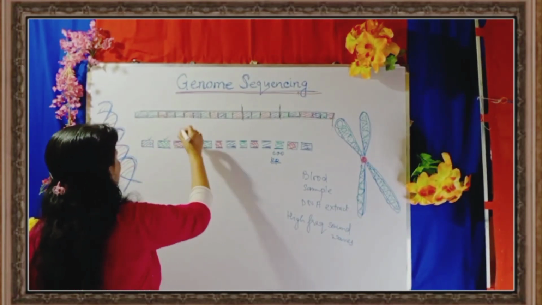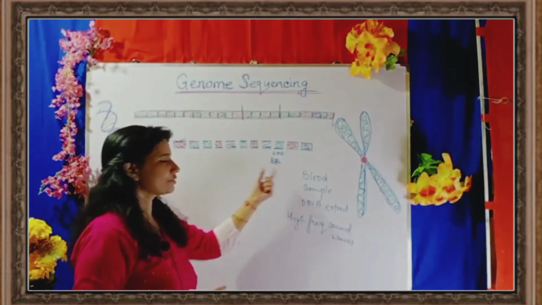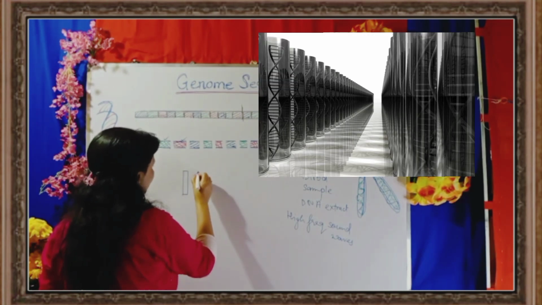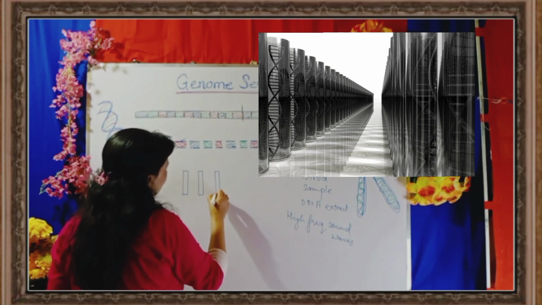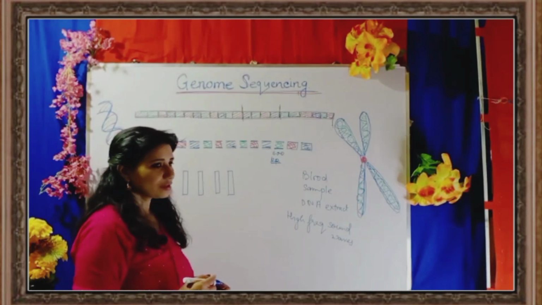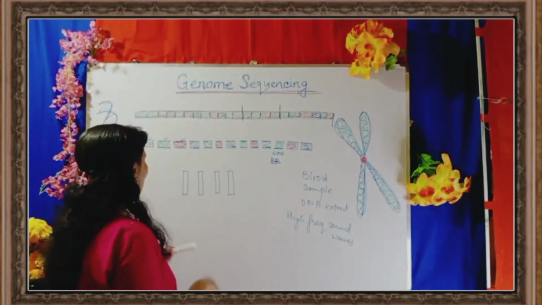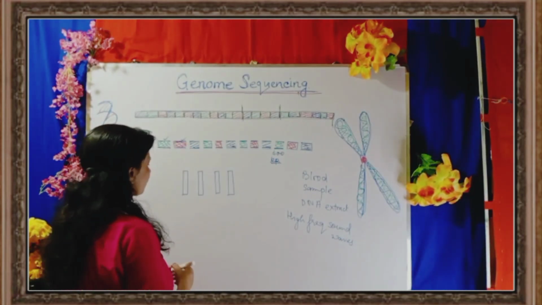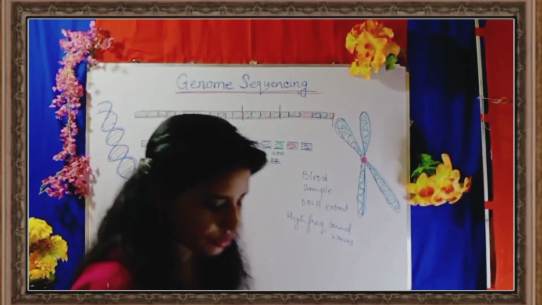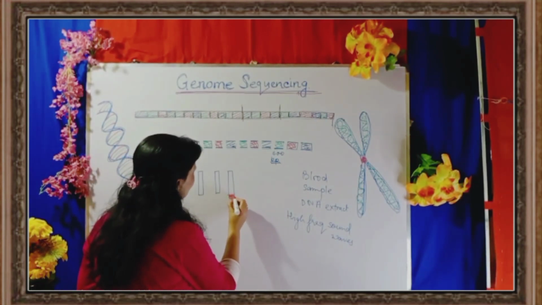Each and every segment or fragment of DNA, say 600 base pairs, is going to hold a different color. I have taken one segment like this, and one segment like this. Each segmented DNA is so small and so little that without making multiple copies it will be a problem. So in the sequencer machine, each small piece is tagged with a different color. A different color tag will be used, acting like a marker. Say this one has a red tag attached.